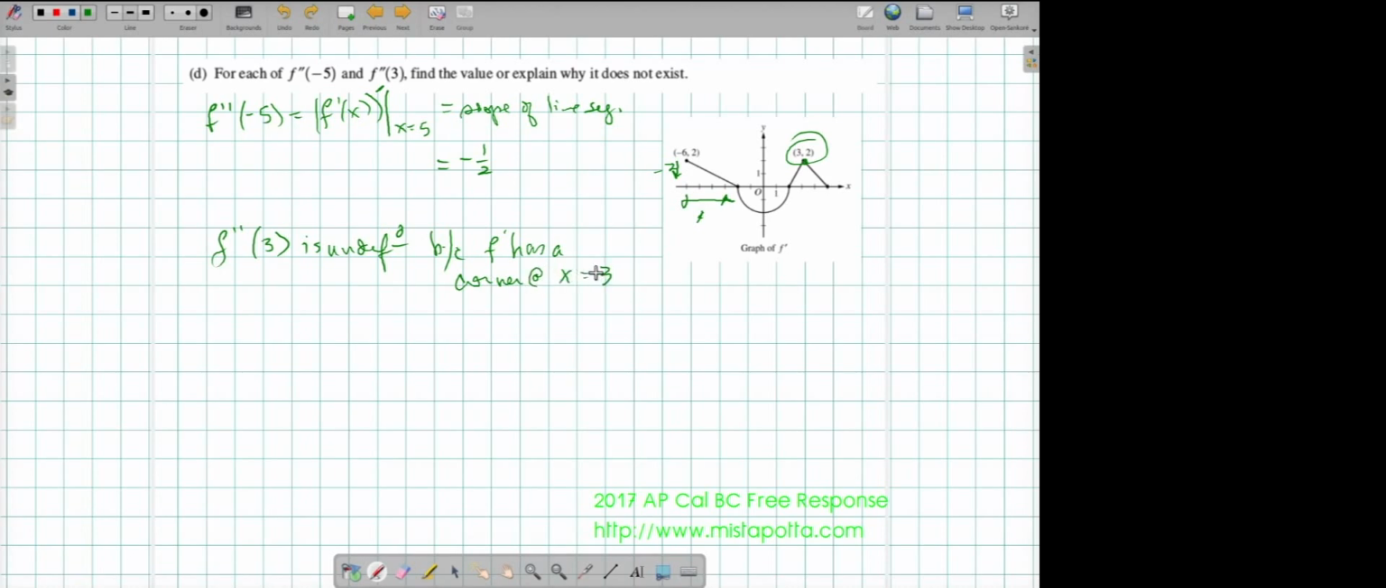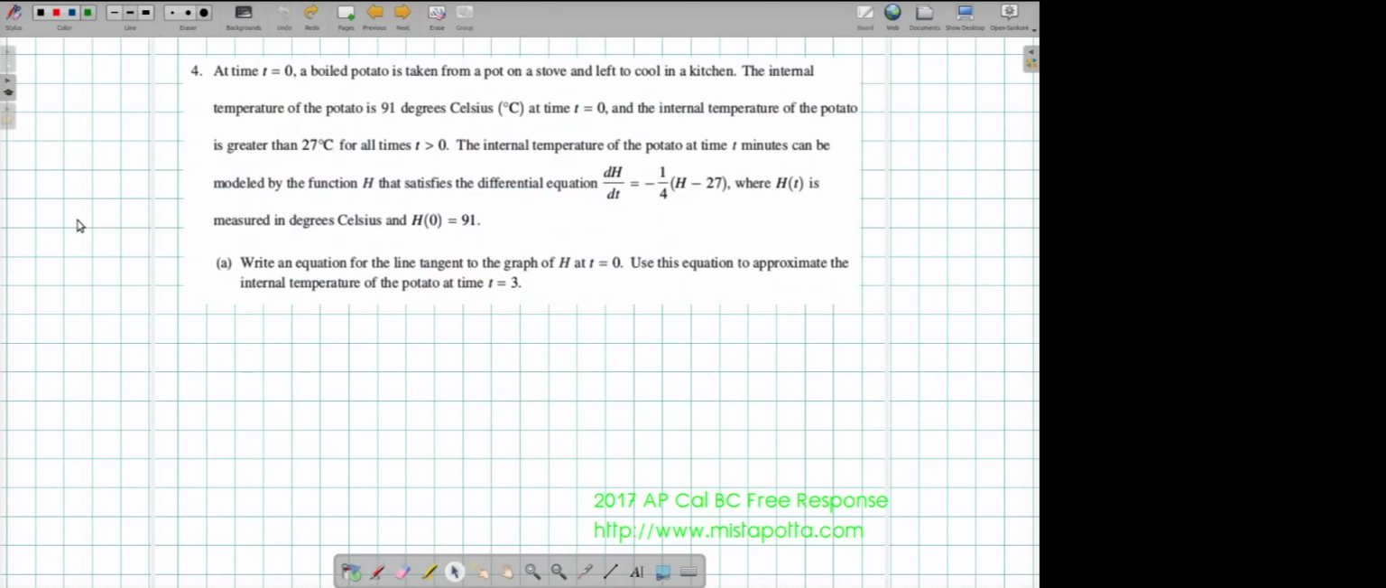So that allows me to deal with that problem. So that's problem 3. Moving on to question 4, it says at time t equals 0, a boiled potato is taken from a pot